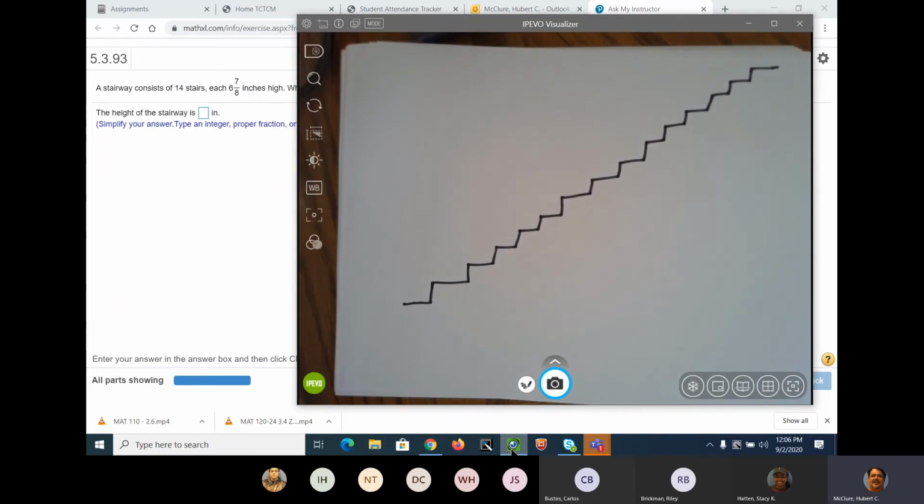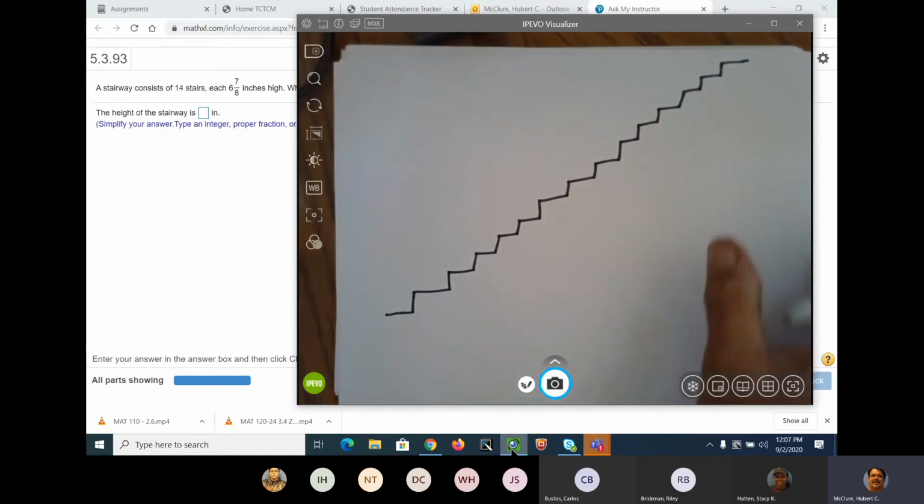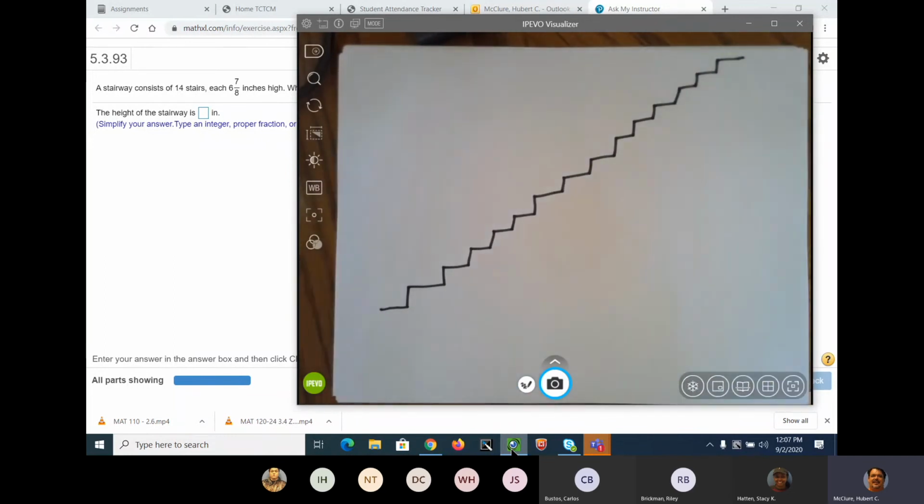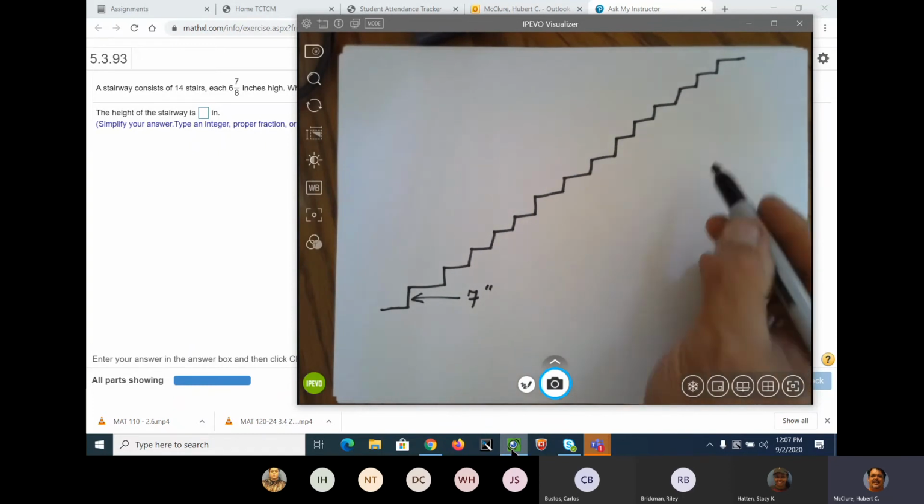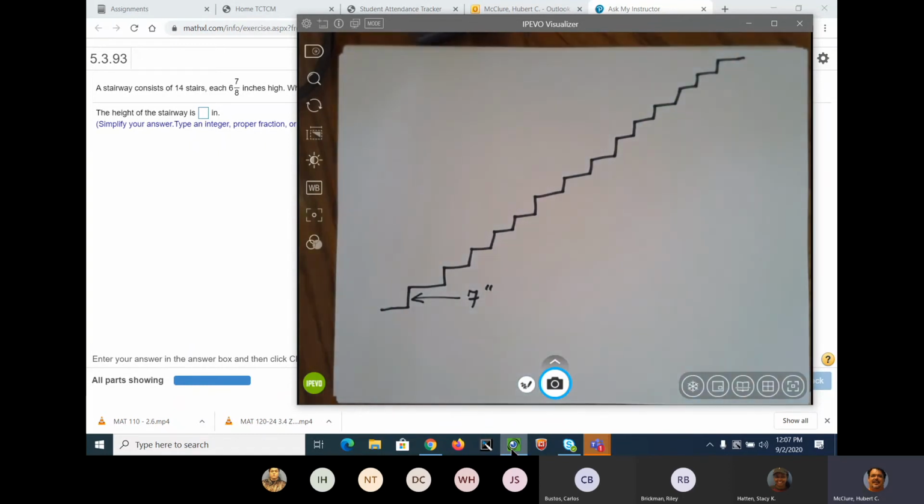And each one of these steps is almost 7 inches. Now we're going to do this in layman's terms right now. We're not worried about the question. Let's say that each one of these is 7 inches, and there's 14 steps. They want to know